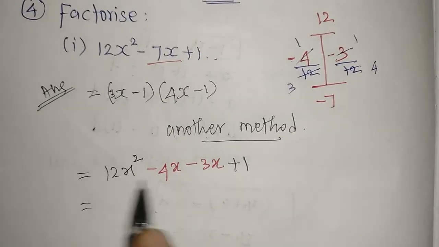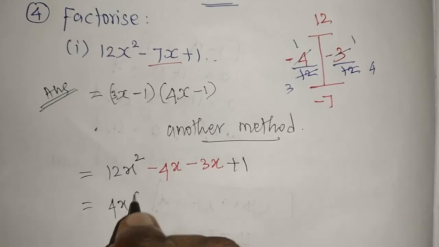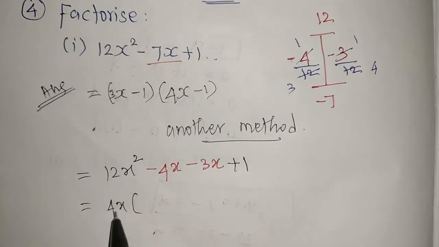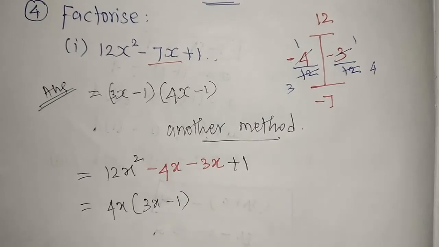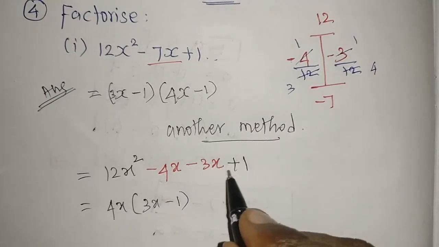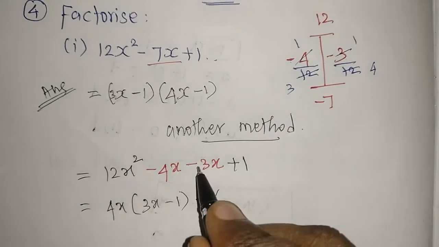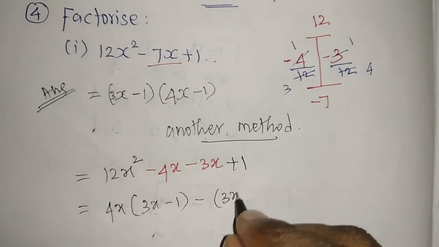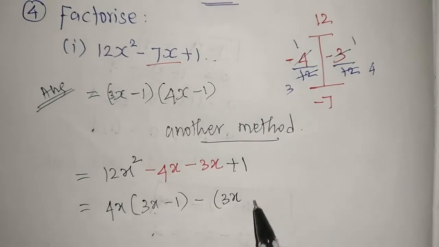Now what is the common value? Please take it outside. Here the common value I am taking is 4x. Then what we have here after taking 4x: 3x. Here nothing is there, so I'm giving 1. Here nothing to take commonly outside, but I'm taking minus. Why am I taking minus? Here we have plus 3x, but here minus, so that minus I'm taking. After taking minus outside, the minus you will get in positive, the positive will get in negative.